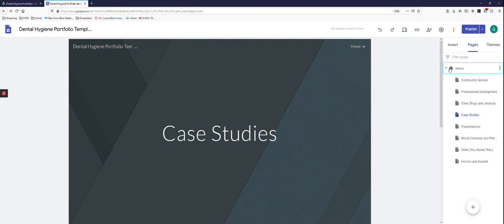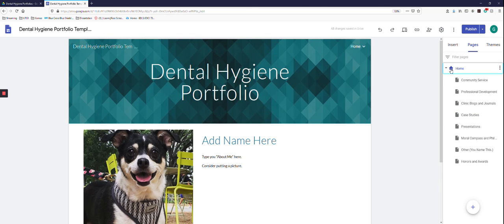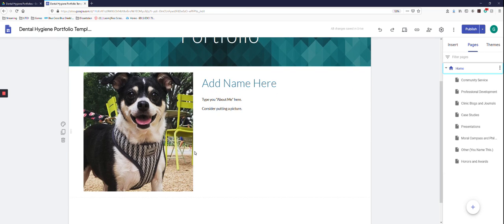And that is how you access your ePortfolio and pretty much how you generally use your ePortfolio. And as you can see, my picture has finally come in. It may take a little bit to load,